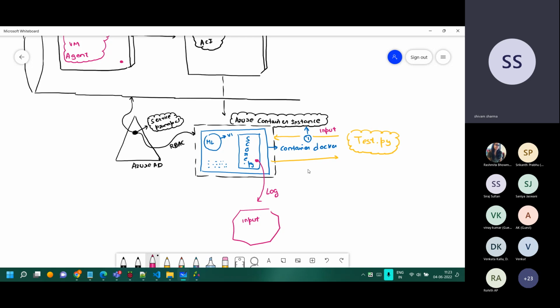And apart from that, whatever predictions are going back, that also we require. We would like to see the predictions which were done on the input data. It will be useful for doing the model retrainings, or, you can say, tracing whether your model did something good or wrong over there. So these are a couple of things we have to do over here.